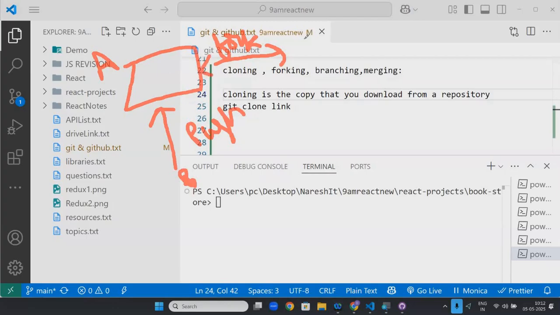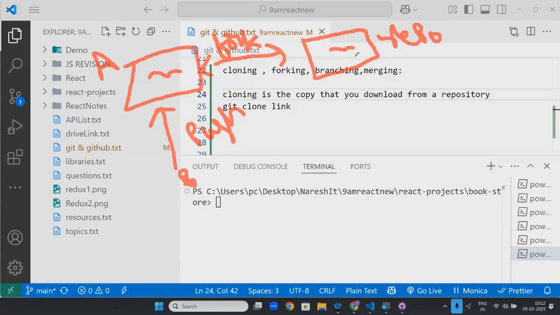If I forked it, it will create another copy. It will create another copy repository in the cloud. In the cloud only, it is creating another repository. Now, if tomorrow he changes anything, I will get that. Are you getting my point? It's like a copy which is in the cloud. Did I get it in my system? I did not get it in my system. I get it in the cloud only.